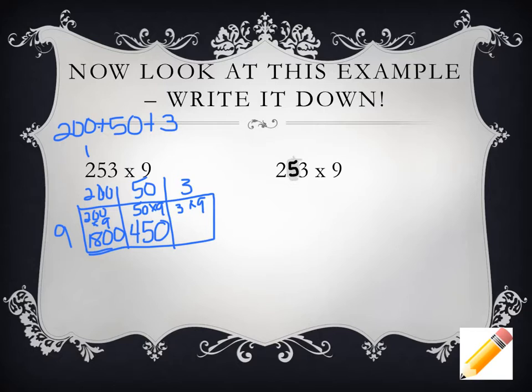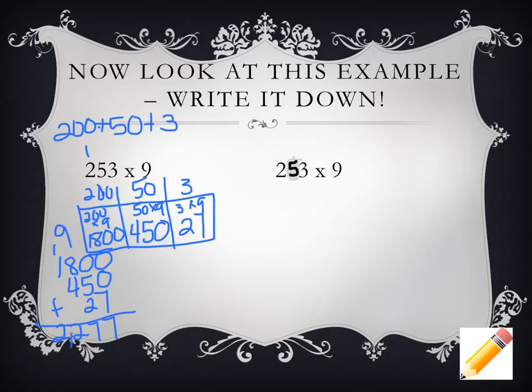And 3 times 9, I use my basic fact to find 27. To complete this problem, I add those numbers, 1,800, 450, and 27. 7, 5 and 2 is also 7. 8 and 4 is 12, and 1 plus 1 is 2, giving me